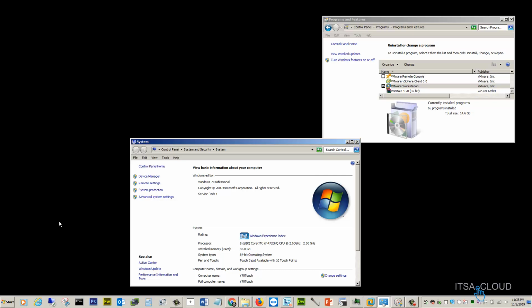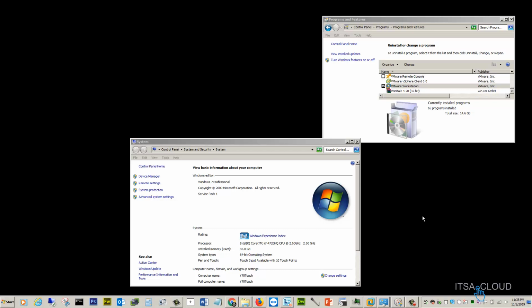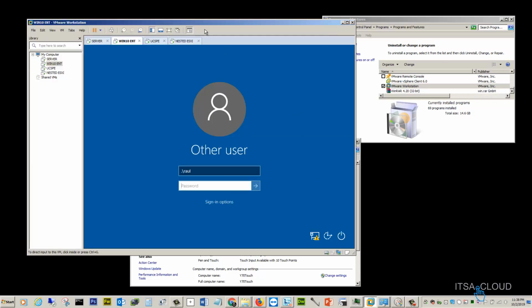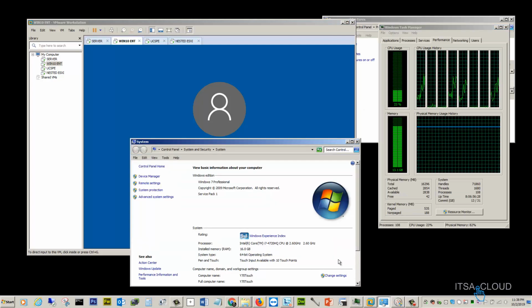So how do you open this application? How do you open this hypervisor to create VMs? Okay, all you gotta do is go to Start, All Programs, VMware, and you click on Workstation or whatever version you have, right? And after you click on that, boom, we're gonna have the hypervisor. This hypervisor is gonna allow you to create VMs. So where are you getting the resources from? Really simple, from this same Windows 7 computer, from this one.